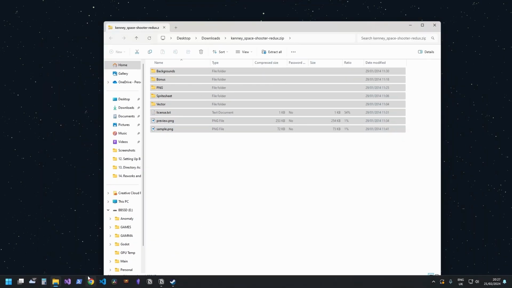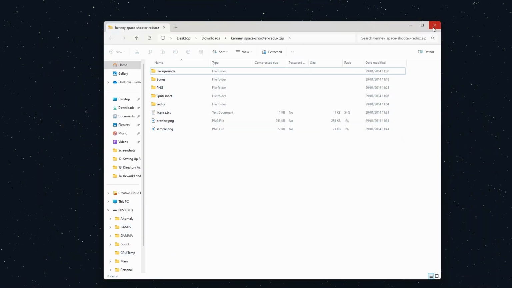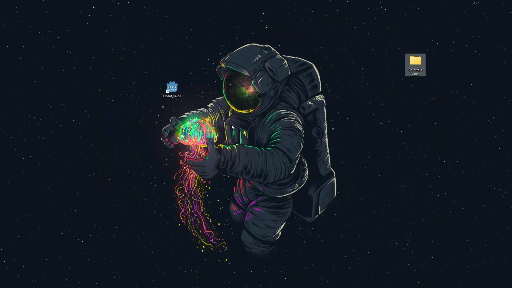So with that in mind, let's very quickly go and now sort out the actual project, right? We now need to go and open Godot and sort out our project. So you see here, I'm going to be using Godot version 4.2.1. Anything earlier or anything later might have issues. Specifically anything earlier. There might be some things we do in this that any earlier version than 4.2.1 may actually